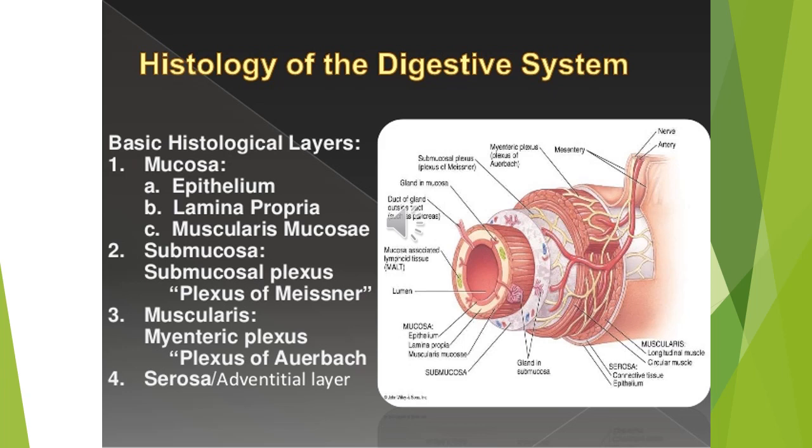Then what will be the external lining? If the viscera is covered with peritoneum, it will be called serosa because it has a single layer of simple squamous epithelium, which is called mesothelium. And if there is no boundary wall of simple squamous epithelium, and the connective tissue lies loosely along with blood vessels and adipose tissue, then that layer is called adventitia.